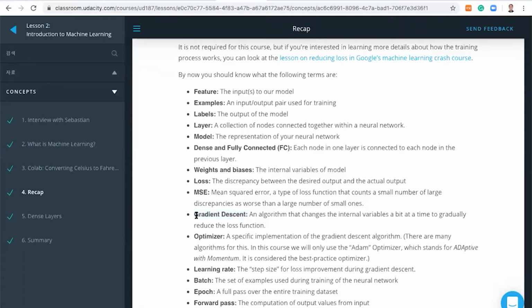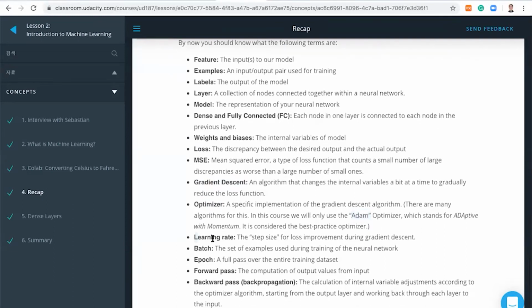So you may think that gradient at this time is just a derivative. And we are going in the descending way of the derivative. And then optimizer is the specific implementation of the gradient descent algorithm. And there are many of them, but we use the Adam optimizer. And learning rate is